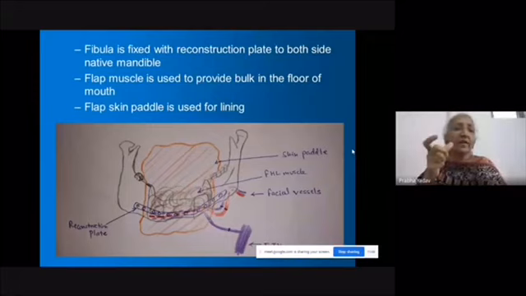And after you fix this, because there is no pre-plating or anything, what should you do once you fix this in place? First thing that you should try, because this is not pre-plating, this is not a stereolithographic model, this is your K-wire template. So what should you check once you fix everything in place? Occlusion, ma'am. Yes, so undo your occlusion and get into occlusion with a single one finger movement, not forceful occlusion. If it comes all right, then your fixation is good.